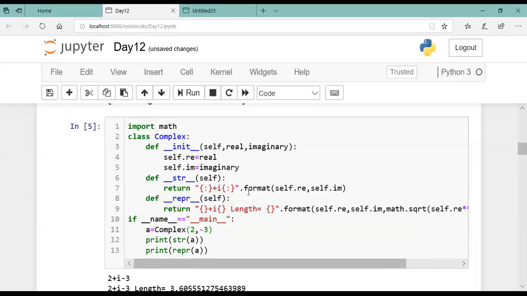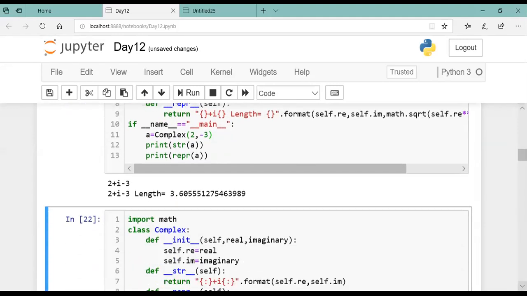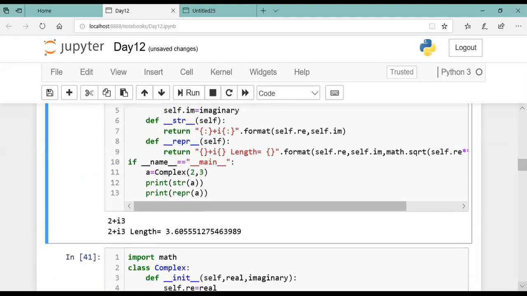So I have to, students, check whether real and imaginary are 0, whether real and imaginary are less than 0, whether real and imaginary are more than 0. So I have to use all the if else conditions over here in order to get the correct display of complex number. So the next part I would like to tell you that only.